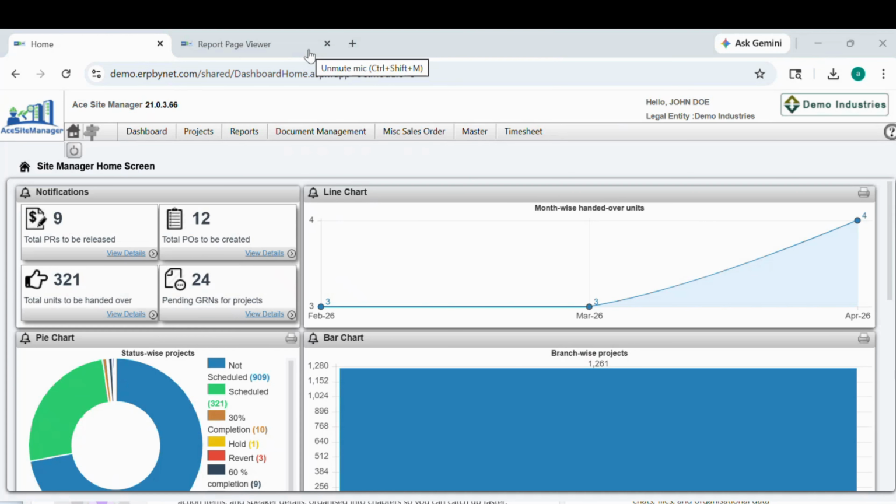This is the complete workflow of the ACE Site Manager module. It allows you to manage projects efficiently by tracking